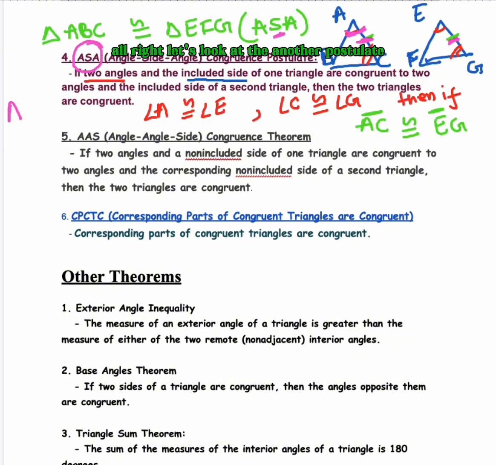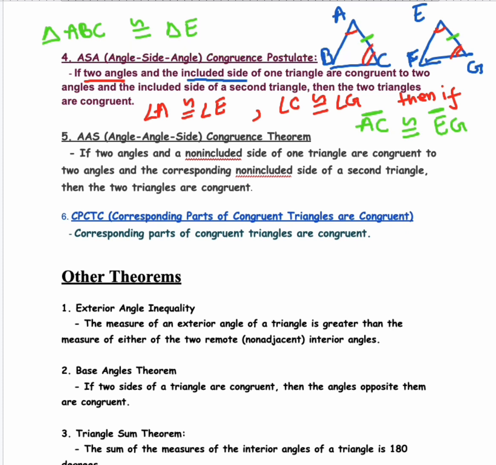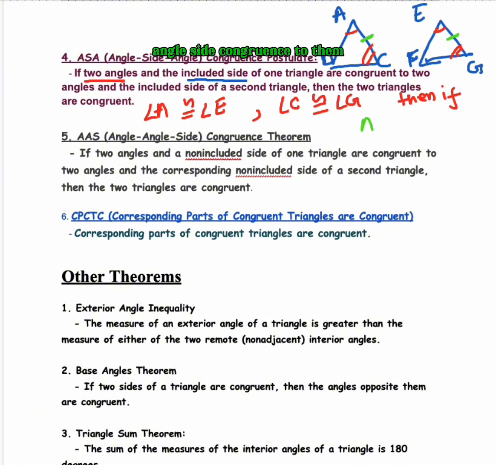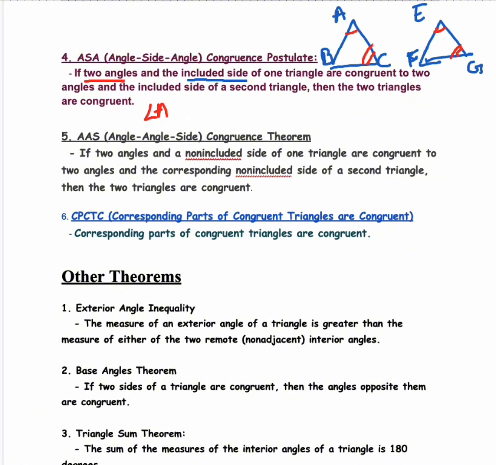All right, let's look at another postulate. AAS, angle angle side congruence theorem. Now remember, when we say AAS, we are talking about two angles, but the side is not included between them. So let's say the information provided here is